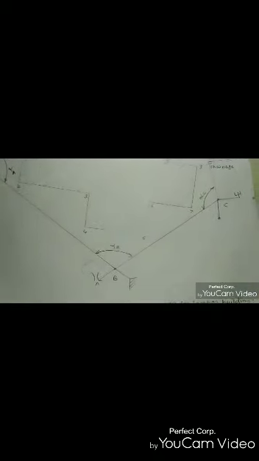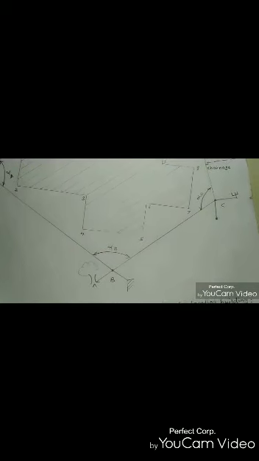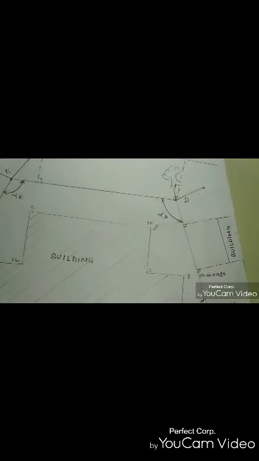Now go for station B. From station B, a similar procedure is adopted to find the angle with reference to the previous station A. At station C, again the same procedure is adopted to find the angle and the distance of all visible corners. Go for station D. From station D, for all visible corners, find the angle and the length. A similar procedure is adopted from station E. This is the detailed procedure of locating a building using theodolite traversing.